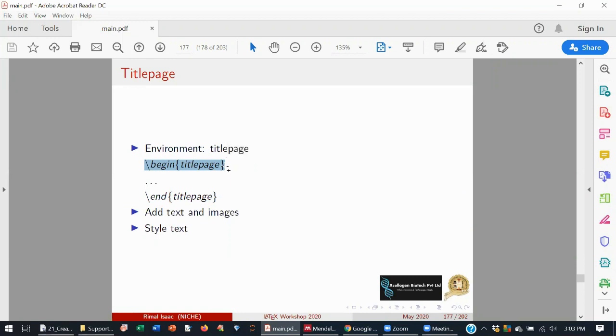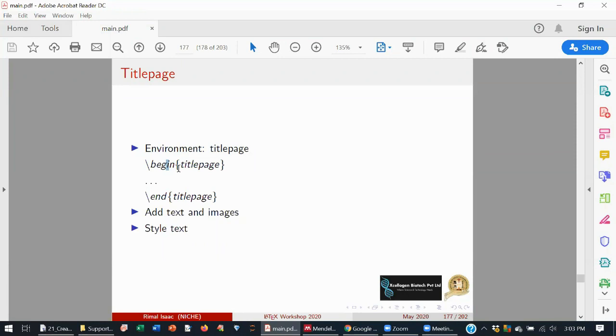So make sure you type all the commands without any spelling mistake. Even a small spelling mistake will not compile your document. While you compile, if you miss the i in begin and type begn, LaTeX will not know it. It will consider that begn is something else, and it will not give you a PDF output.